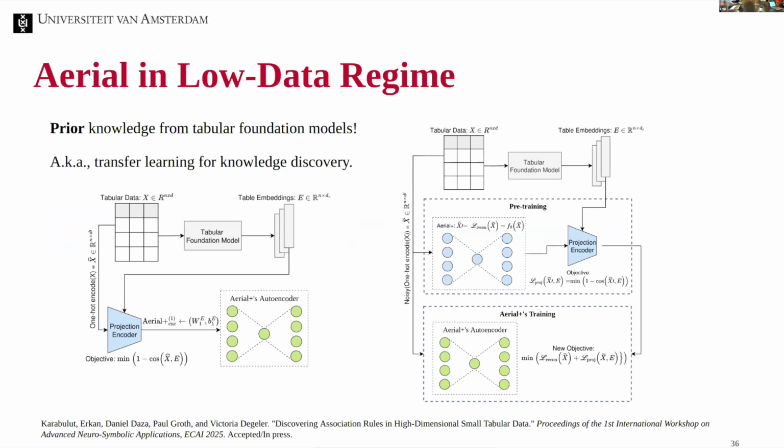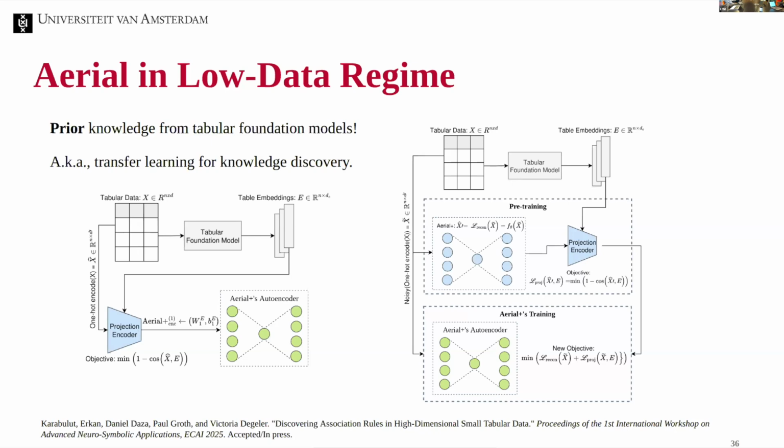One of them is that you pass the table to the tabular foundation model, in this case, TabPFN. You get an embedding, and then you project this embedding to our autoencoder. Let's say use this projection to maybe initialize the weights of our autoencoder. Or what we have also done is that the autoencoder learns to reconstruct data, but maybe we can add an initial objective, which is learning to reconstruct, plus also semantically align the parameters of the autoencoder with the embeddings from the tabular foundation model. This is done by using a cosine loss, which is more about taking the direction of the vectors as the criteria rather than the magnitudes.